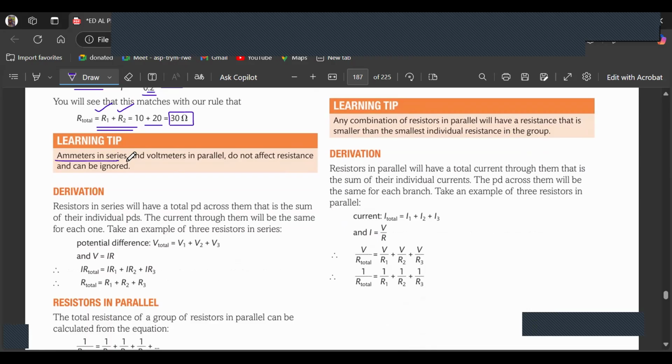जी। So the ammeters in series and voltmeters in parallel do not affect the resistances and can be ignored. Resistors in the series will have a total potential difference across them that is the sum of their individual potential differences. The current through them will be the same for each one, and take an example of the resistors in series as well. Potential difference अब आपको सीरीज के अंदर ऐड करके निकालना पड़ेगा, क्योंकि सीरीज में पोटेंशियल डिफरेंस तो शेयर हो रहा होता है।